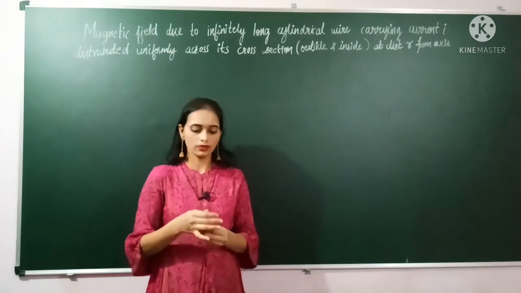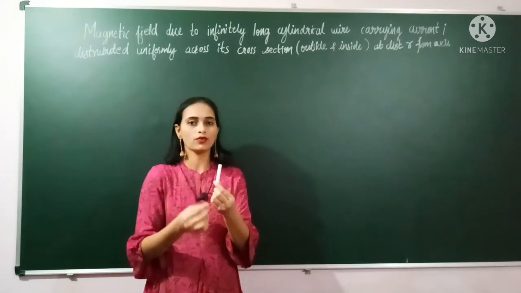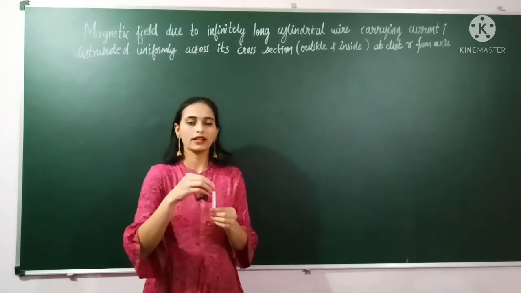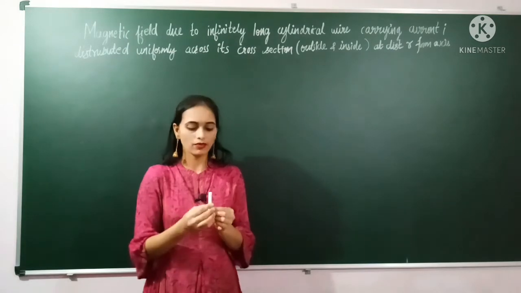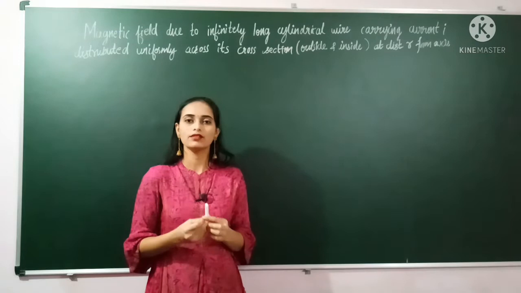For example, if you consider this is a solid cylinder, in this solid cylinder the current will be flowing. Solid cylinder means inside that cylinder it will be fully packed, and it will appear to be a bunch of wires, a bunch of current coming from this solid cylinder. So that type of solid cylinder we have considered.